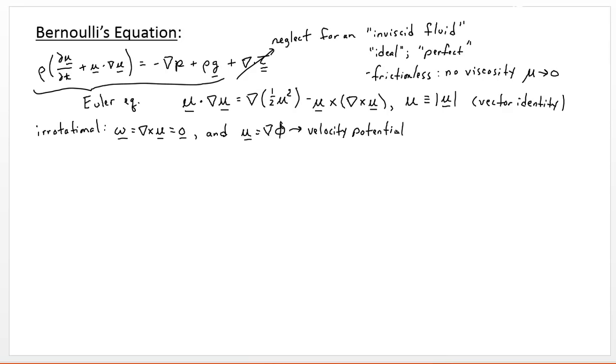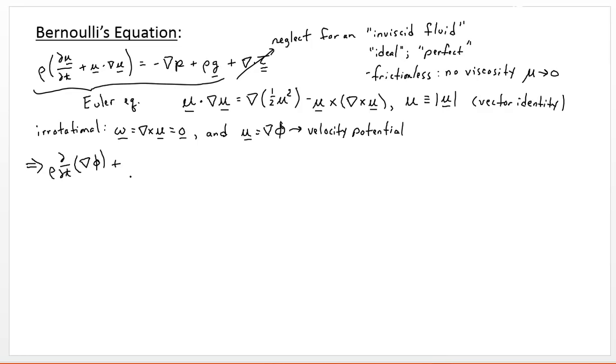Both of which we discussed earlier in the course. So now we can just rearrange the Euler equation. We can substitute the velocity potential for the velocity in the first term. So what we get is rho multiplied by the time derivative of the gradient of the velocity potential, plus, now we're going to use this vector identity for u dot del u,